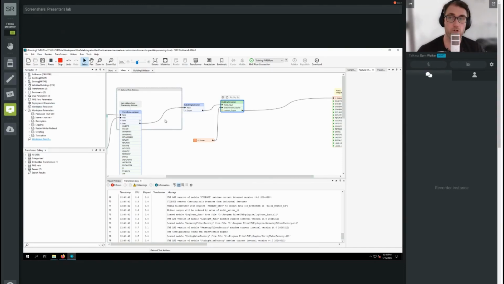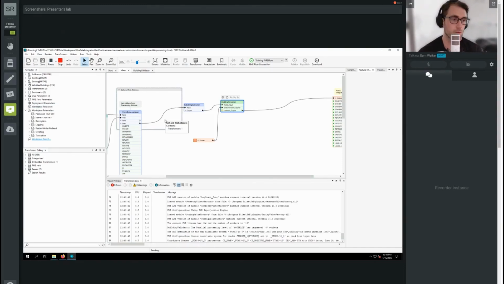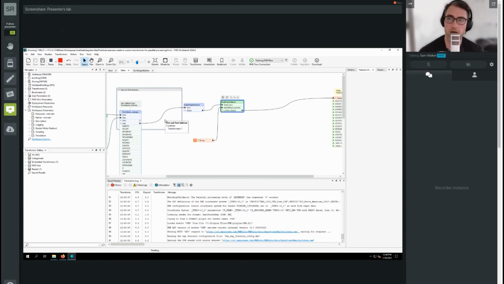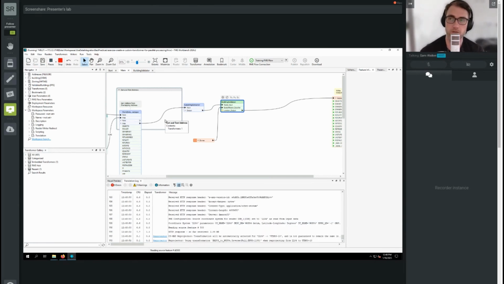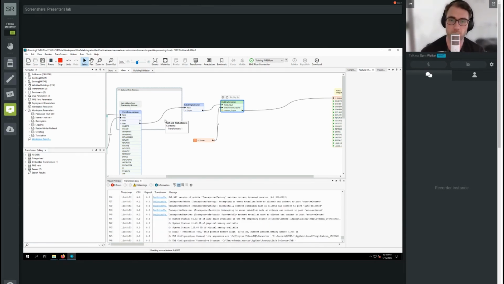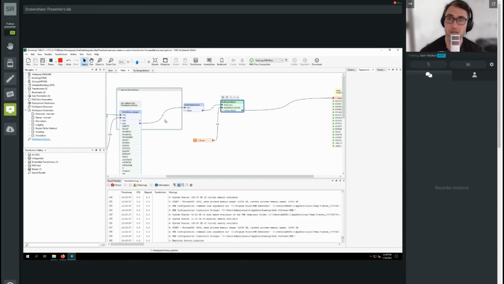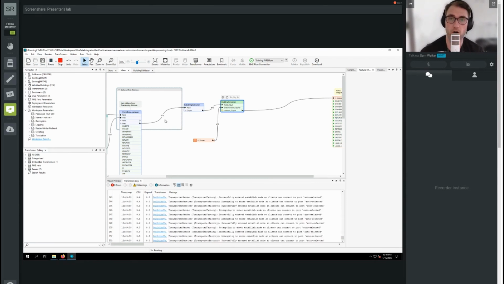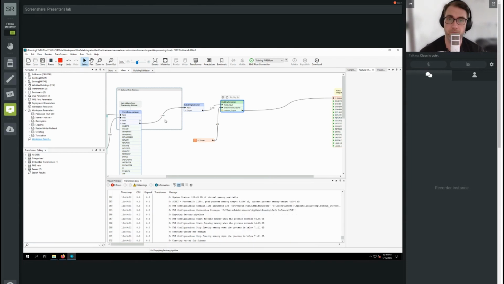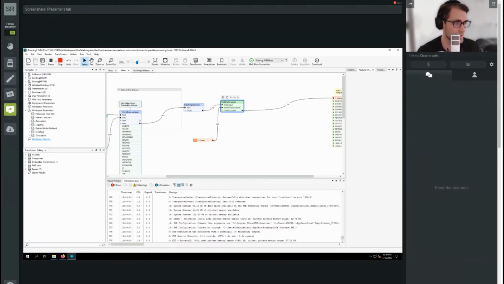Now, at this point, you could look into your task manager and you would see several FME.exe processes firing up, which indicates that parallel processing is being used. And this is running with as many different groups as there are in our source data. I don't actually know exactly how many that is, but